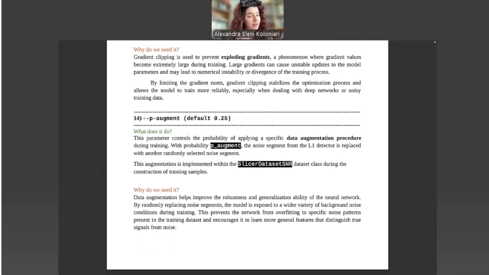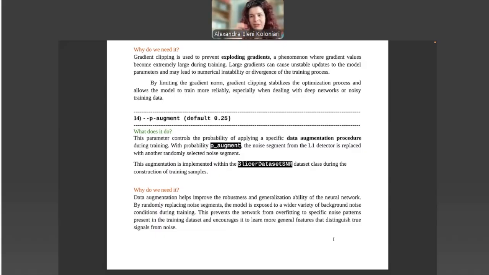Now, another parameter that we did discuss a little bit before, because we had a question about it, is the p-augment. That parameter controls the probability of applying a specific data augmentation procedure during training. And with probability equal to p-augment, the noise segment of the Livingston detector is replaced with another randomly selected noise segment.